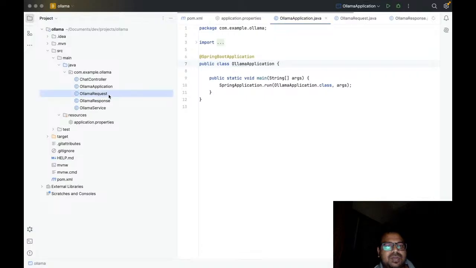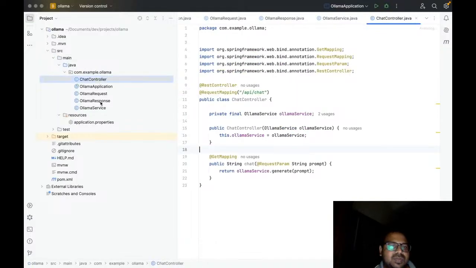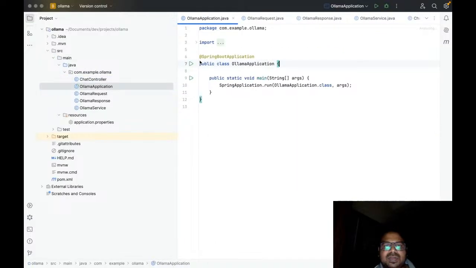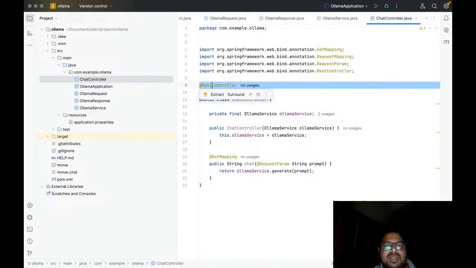It's loading actually, it's very slow in my system. But yeah, I want to show you first. Let me show you the application, just a Spring Boot application. From Spring Boot initializer, we had done this. So we have a simple class, Spring Boot app, and then a chat controller, which is annotated with the REST controller